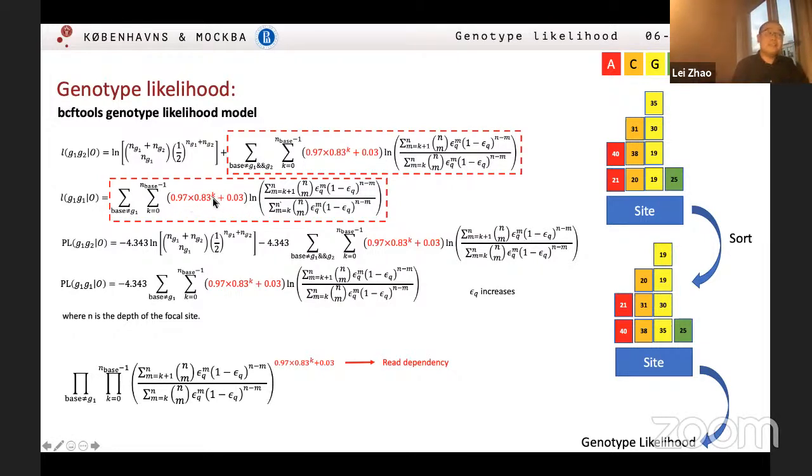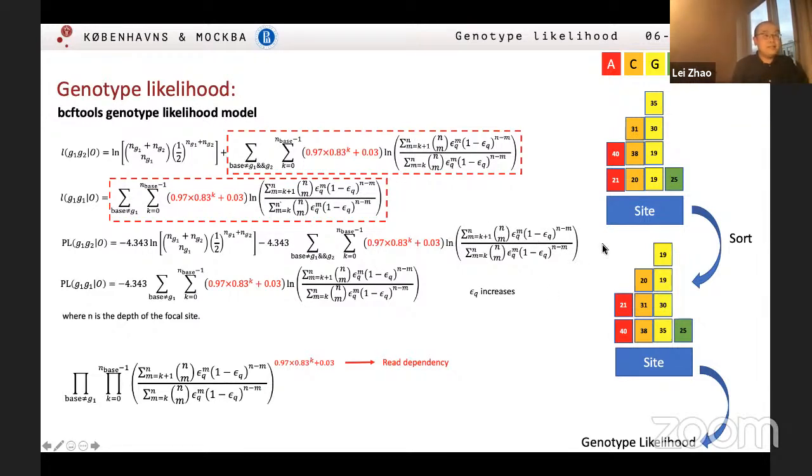So suppose it is the first A, K equals 0, and then this value is 1. And suppose it is the 30th A, and this value may be very small, and it only weighs 0.03. You may ask why this value looks like this. This is empirical, just from BCFtools; they hard coded this into their code. So we have no idea where it comes from, just that it is empirical, maybe from their error model. And we believe that maybe this can be changed by some advanced model.